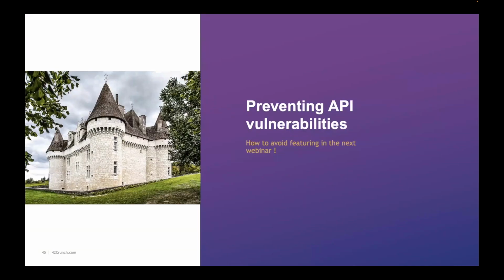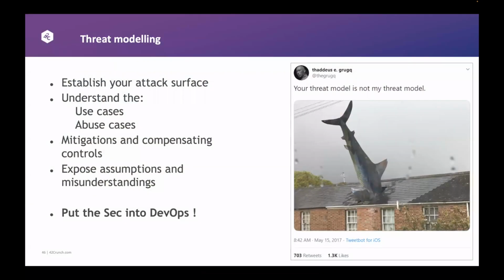So how to avoid featuring in the next issue of this webinar, which we will now hopefully be doing quarterly? How do you prevent some of these issues? We've covered these at a broader level. I'm just going to call out things that stood out for me, and this is where you should please fire away your questions, because this is my opinion of how we can get better, how we could have certainly solved some of these issues. In a lot of cases here, my opinion is people just didn't think about things. Let me caveat that slightly. I'm not accusing anybody of being neglectful or stupid, but when you're developing something and you're in the zone and you're solving your own problem,